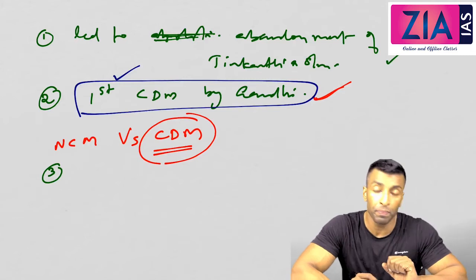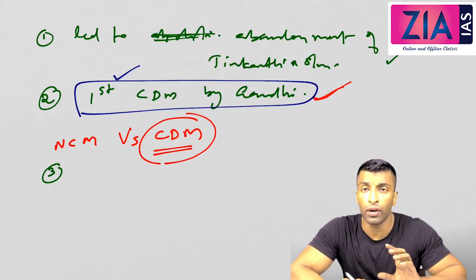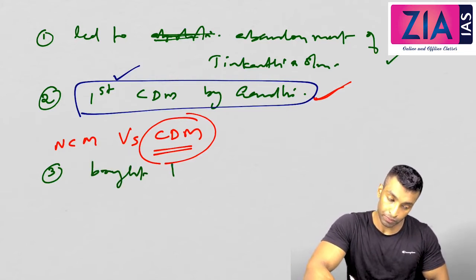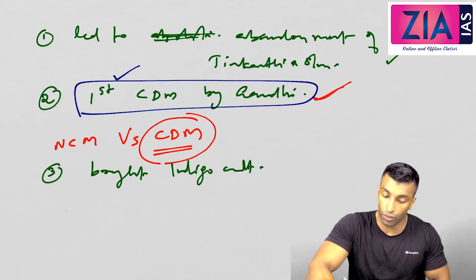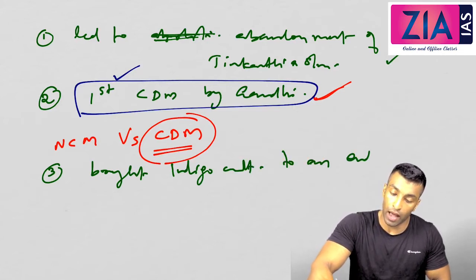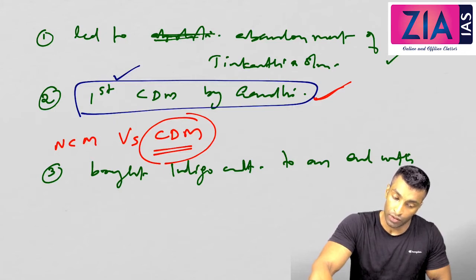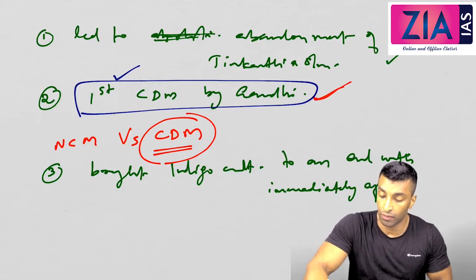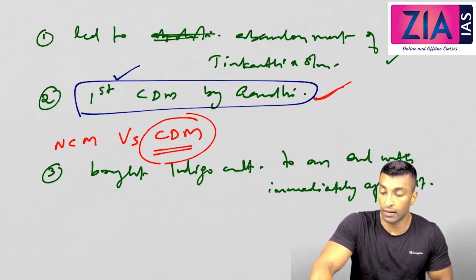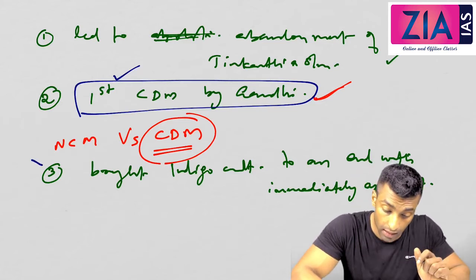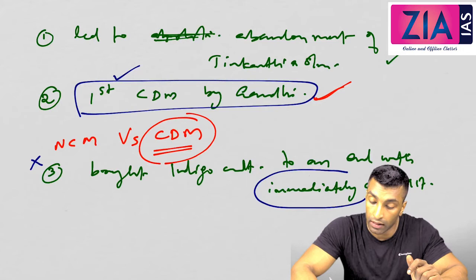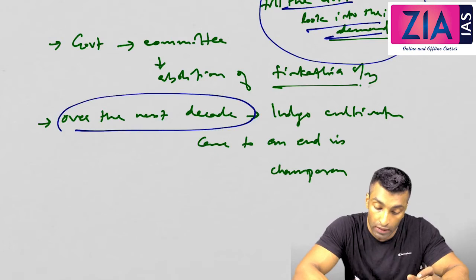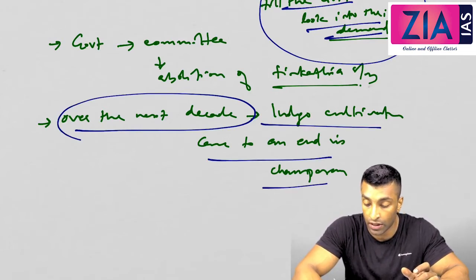Now the third point will be, it brought indigo cultivation to an end with immediate effect, immediately after 1917. Now the question is, is it correct or not? It is actually not correct, because this word is important. Not immediately after 1917. As I have already told you, over the next decade, indigo cultivation came to an end